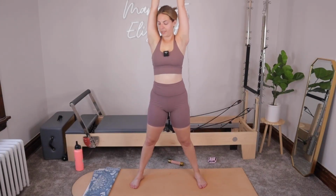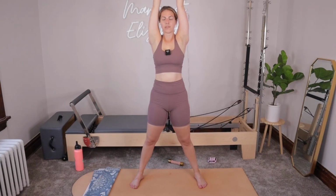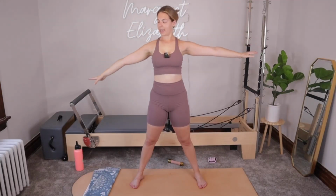Good. From here, once you're up and standing, press down into the heels, reach those fingertips towards the ceiling. Really big inhale, stretch up super tall, as long as you can be. And then exhale, press the hands down. Good. Little roll of the shoulders, take any other stretches you need,